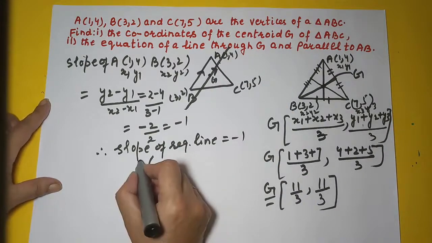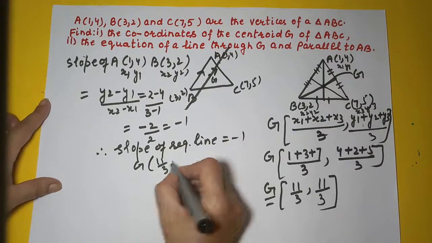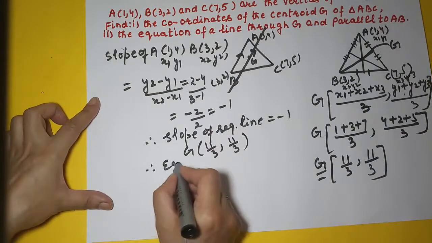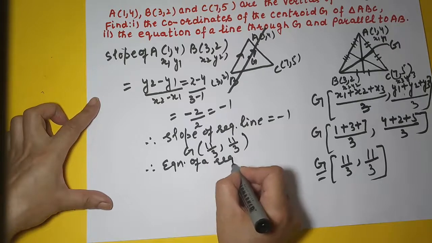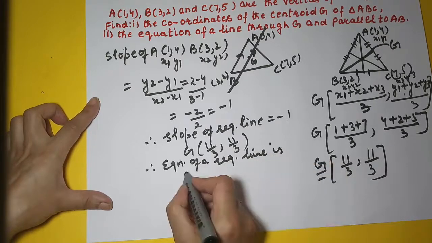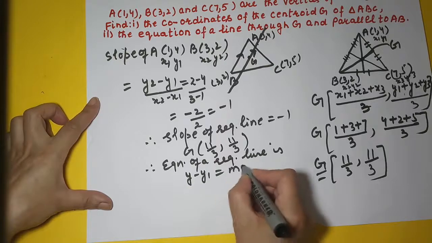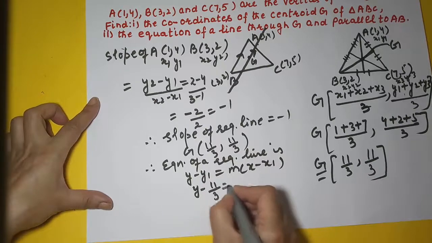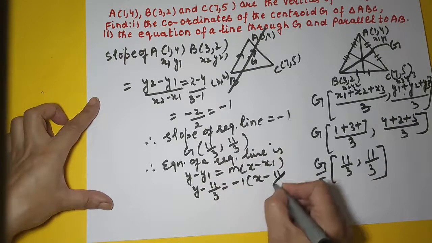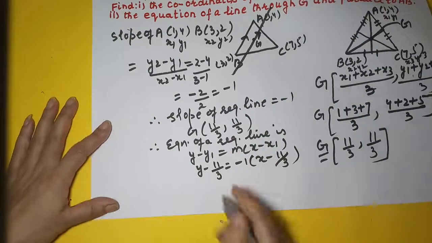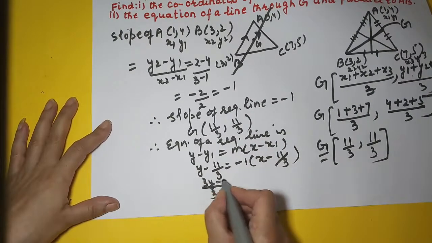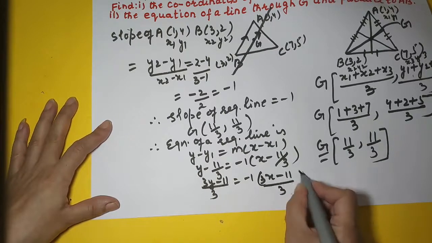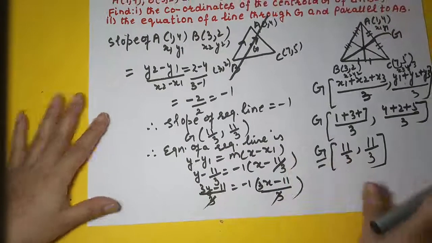Now you have the point also, that is G, 11 by 3 and 11 by 3. So you can find the equation of the required line. Therefore the equation of the required line is y minus y1 equal to m times x minus x1. So y minus 11 by 3 is equal to minus 1 times x minus 11 by 3. So you can take 3 as LCM, 3y minus 11 upon 3 equal to minus 1 times 3x minus 11 upon 3. 3 and 3 will go, so you are left with